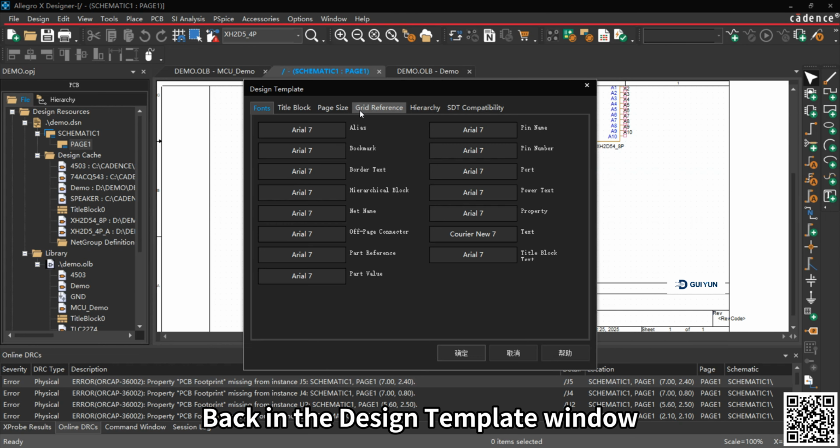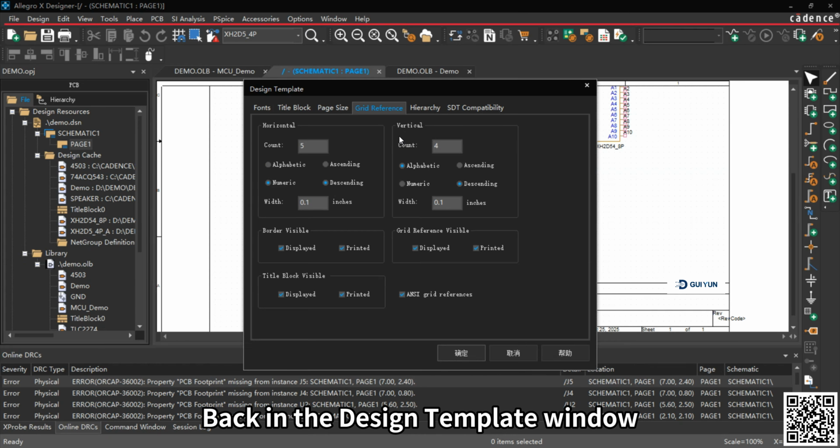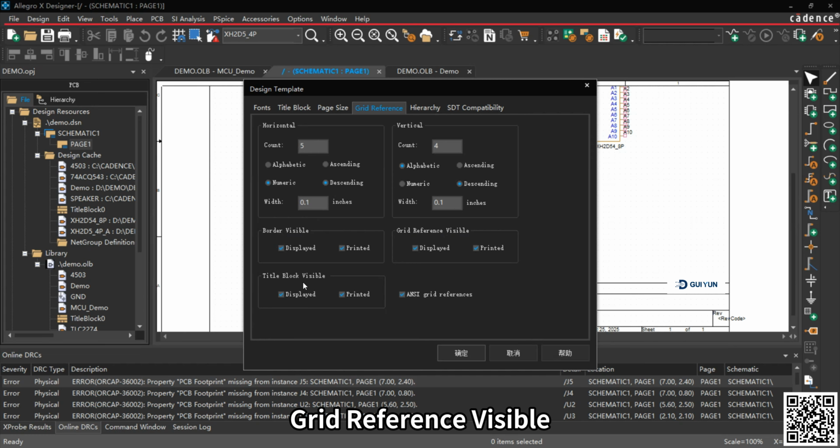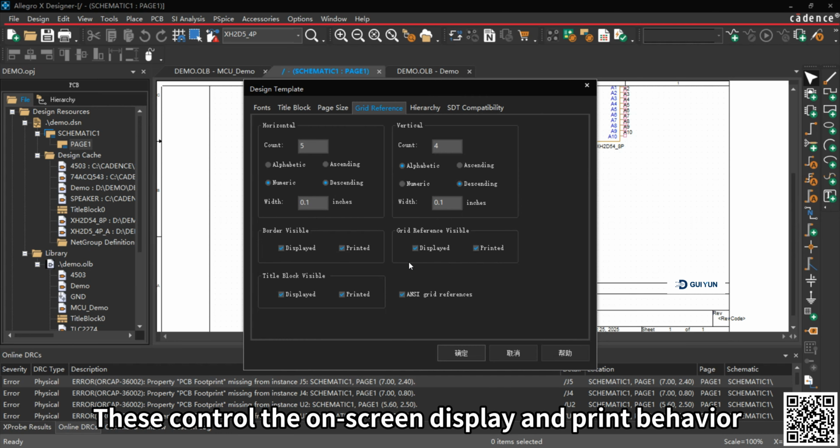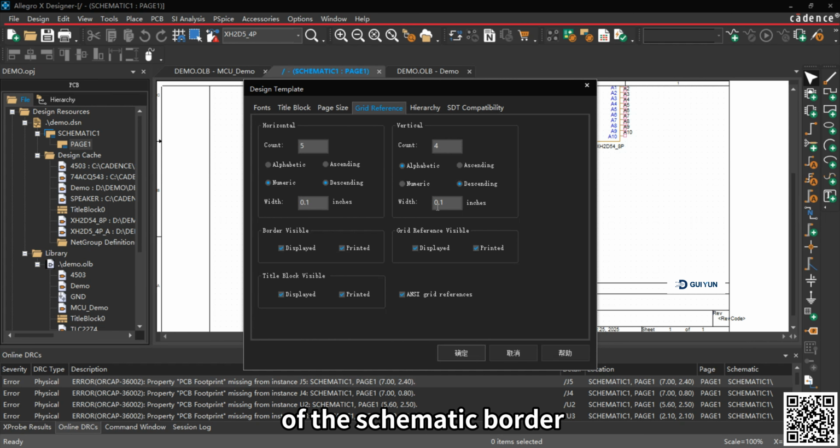Back in the Design Template window, you will also find 3 display options: Border Visible, Grid Reference Visible, Block and Title Visible. These control the on-screen display and printing behavior of the schematic border, grid references,